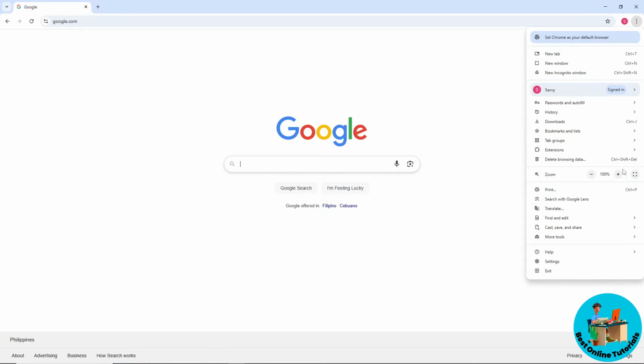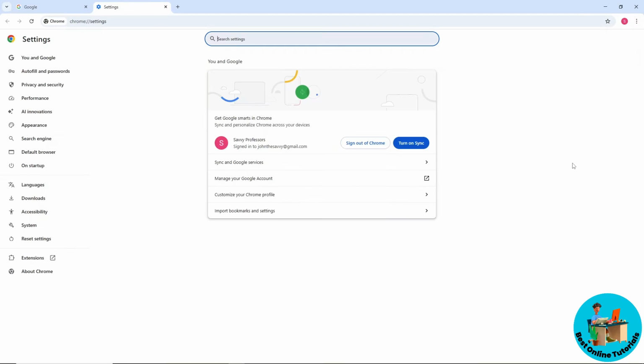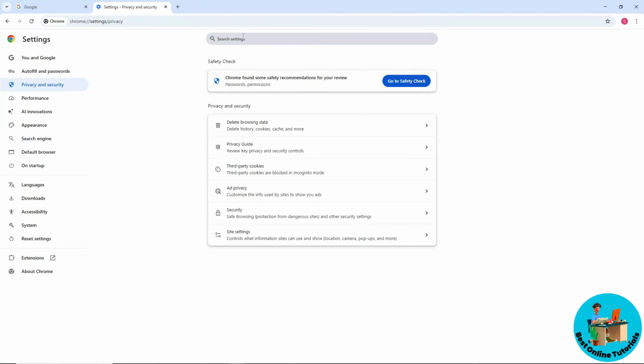And then from here, just simply go to the settings. And after that, once you are on the settings, go to the privacy and security. And guys, if you cannot find it, you could just simply use the search bar over here on the top. And pretty much guys, this process will be similar to other browsers, and just simply select delete